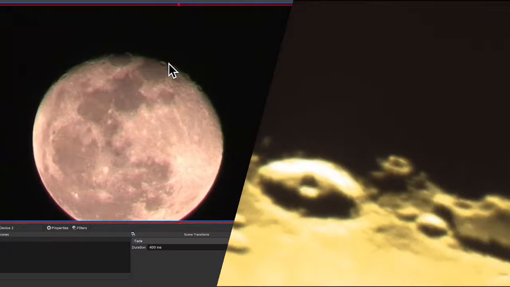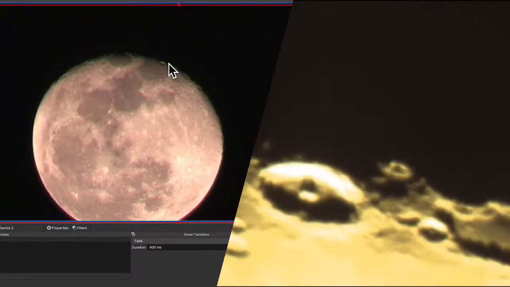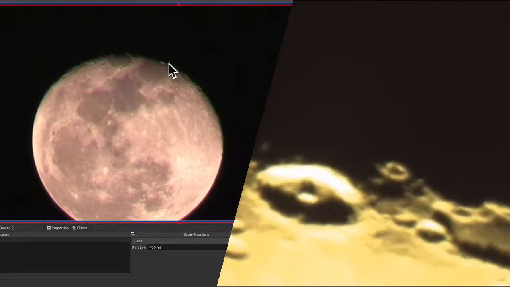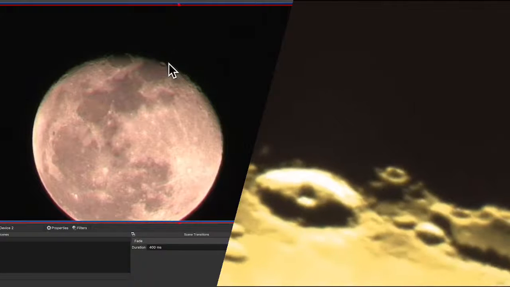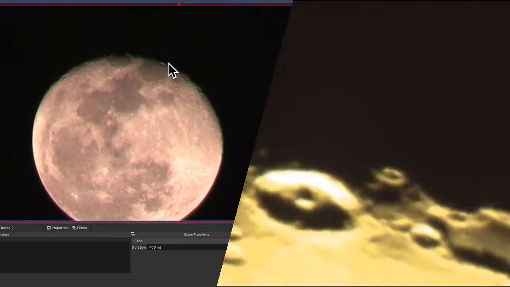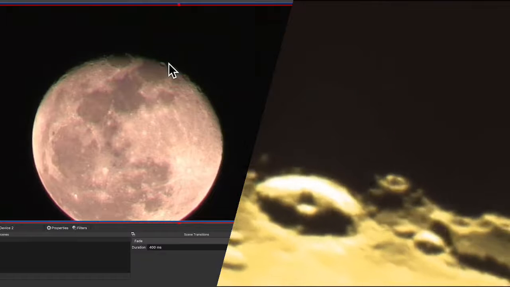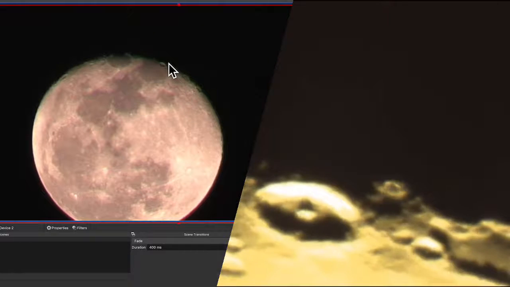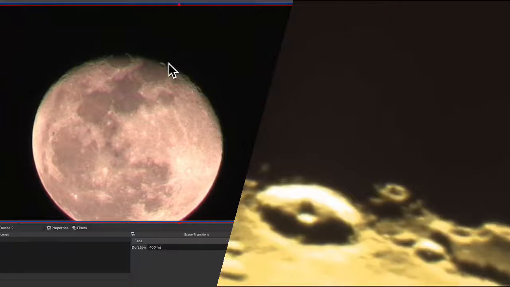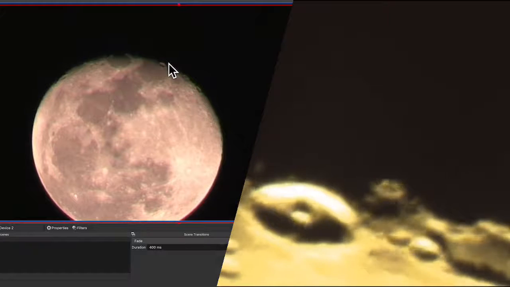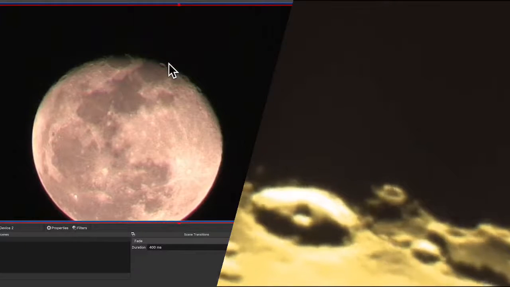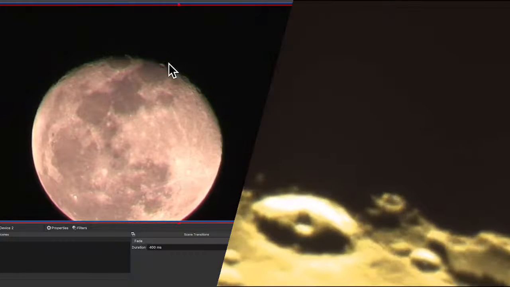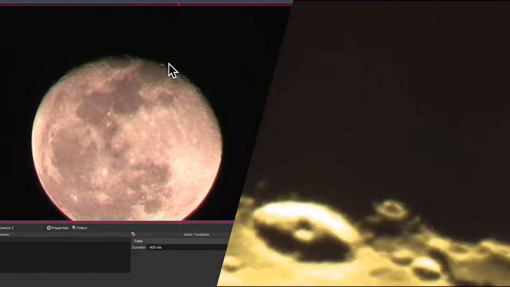Low power view of the moon on the left and a very high power view of the moon on the right. The high power view on the right shows the area marked by the arrow in the left view. So we homed in on a tiny part of the moon that's in deep shadow, picking out the relief of the surface of the moon, including a prominent crater, Langrenus, which is just on the edge of the Sea